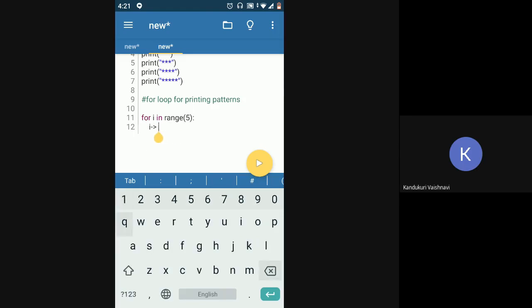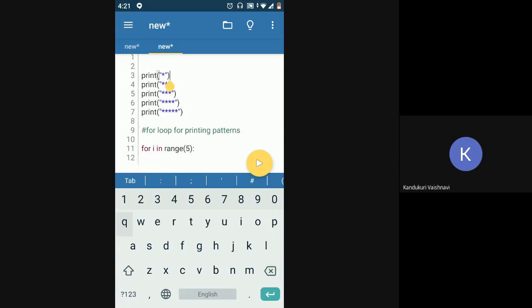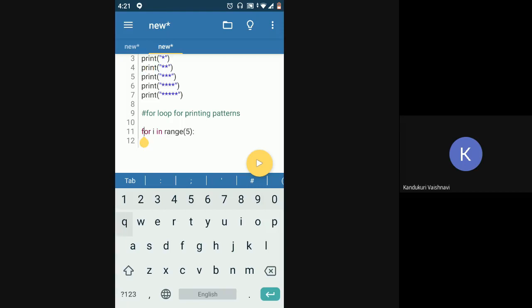Okay, so let's just go to the start and see here. I have 5 lines, I have 5 print lines. This is the same print function that I'm using 5 times, so I'm going to use a loop instead of writing this print function 5 times. And I'm going to use a for loop because I know that I have to run it only 5 times, so I have a range. That's why I'm using a for loop.